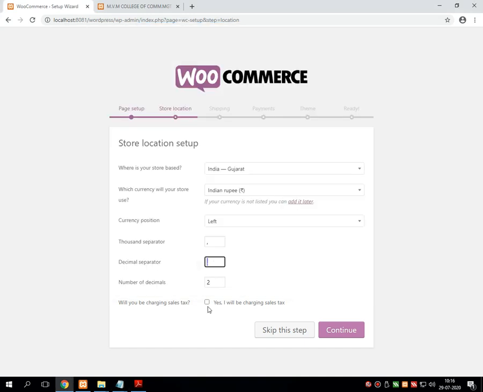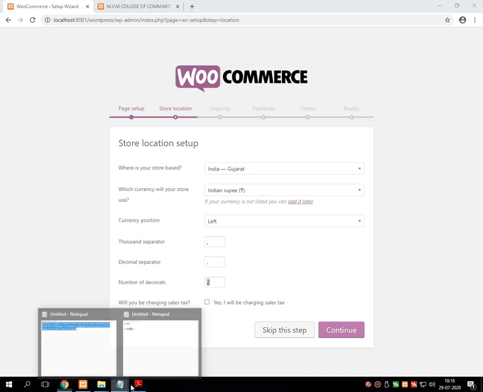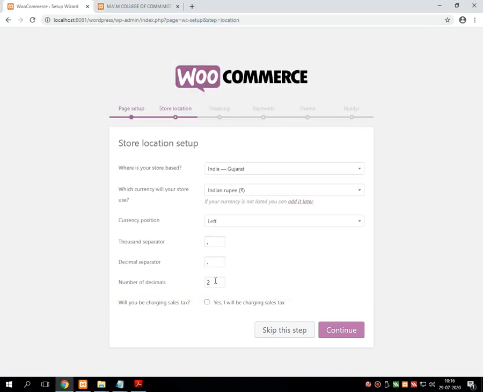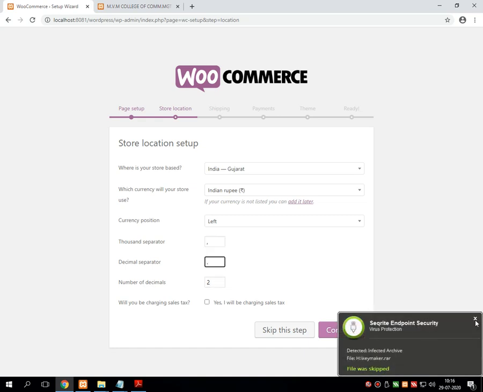So I have kept the dot over here. Then number of decimals is 2, that means the decimal allows a maximum of 2 digits. I want 2 decimal digits over here, and you can change anything in this configuration also.